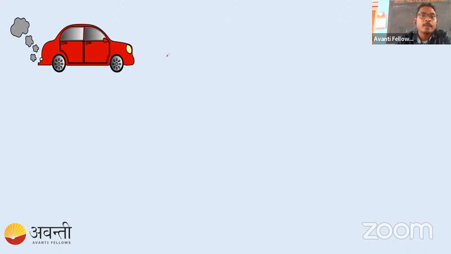Okay, so it is moving from A to B. I'm always taking only A and B, is it convenient? Okay, and there is a point C. Let's say the initial time is T1, the final time is T2, and in between let's take this as T. So this car is moving.